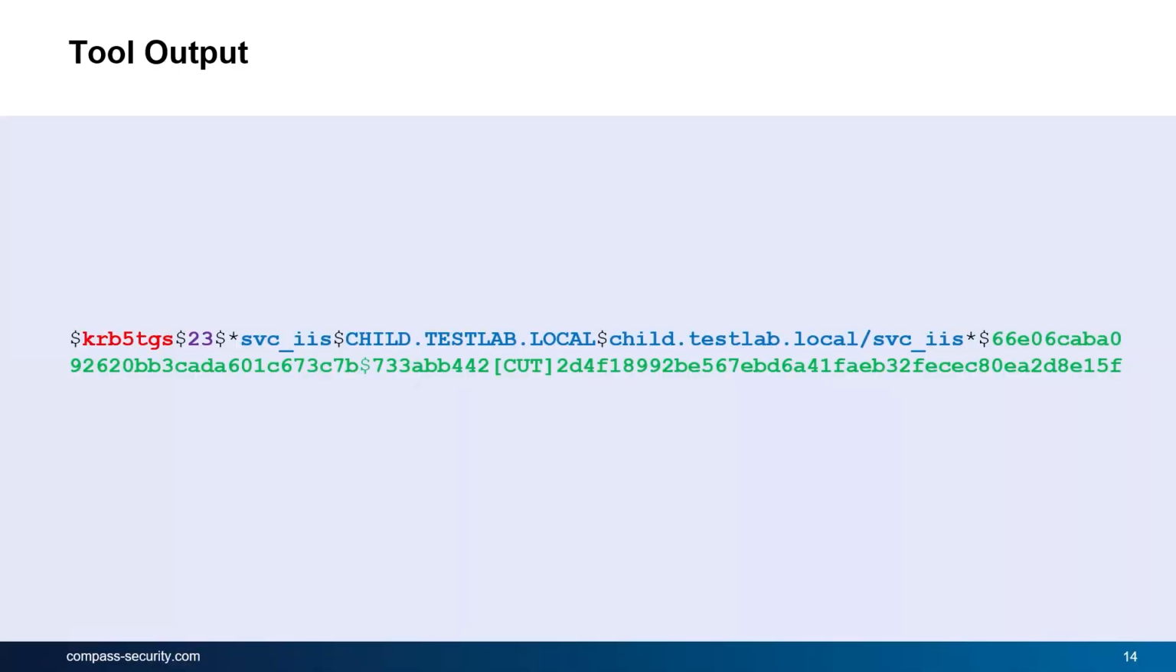Now, I should quickly give you an idea on what we've actually collected or how this is structured. Essentially, it's mostly the same for all of the tools. If we look at the output, we first have an indication of what kind of ticket or message it is that we have collected here. So KRB5 TGS tells us it's the result of a TGS request, so a service ticket